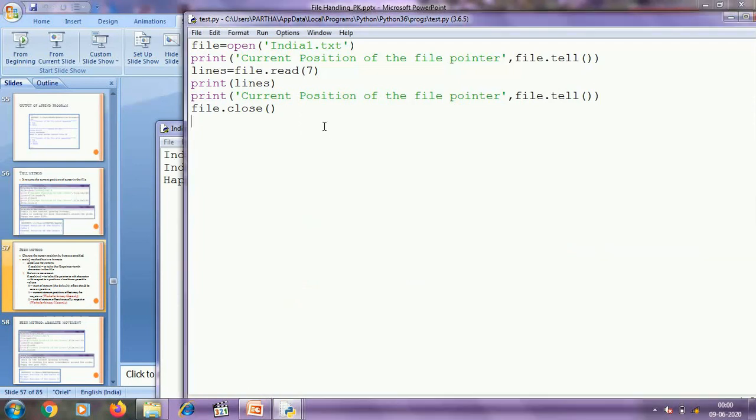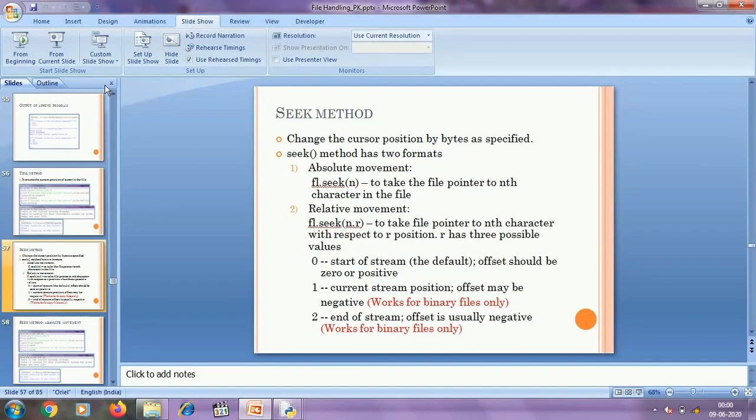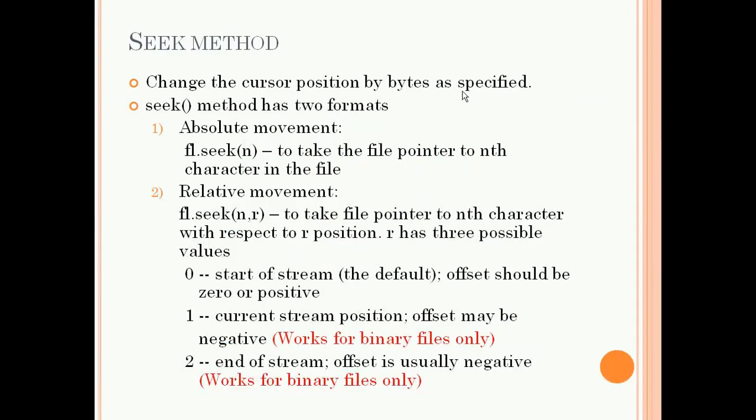Now I am going to explain the functionality of seek method. Using seek method, we can change the cursor position by bytes as specified. Seek method has two formats. Number one, absolute movement.